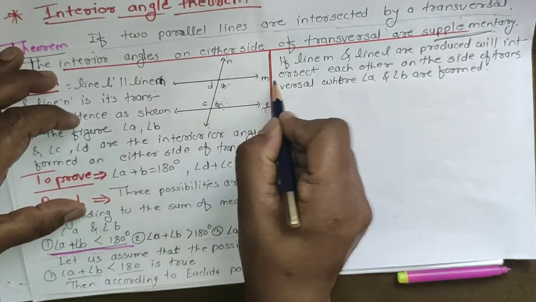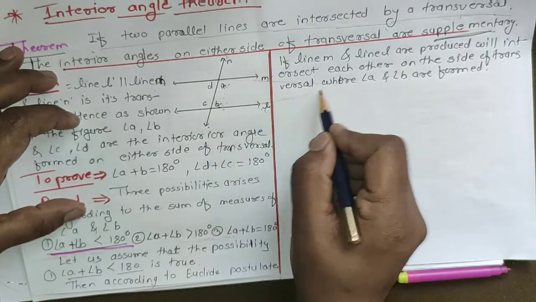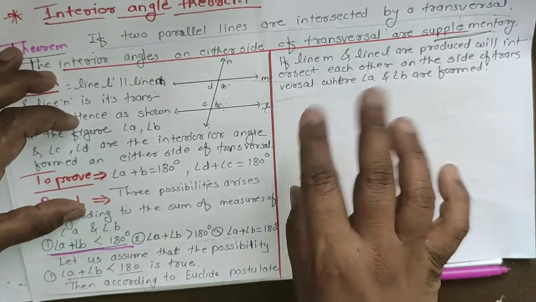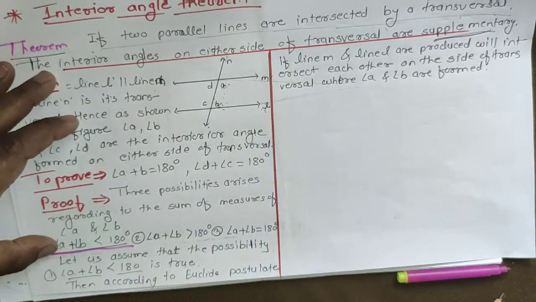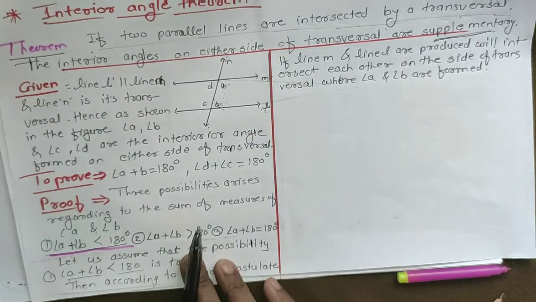on this side. If it is less, then what happens? I showed you this also. They intersect each other at some point. Okay, so these are not parallel lines. So our first assumption is impossible.